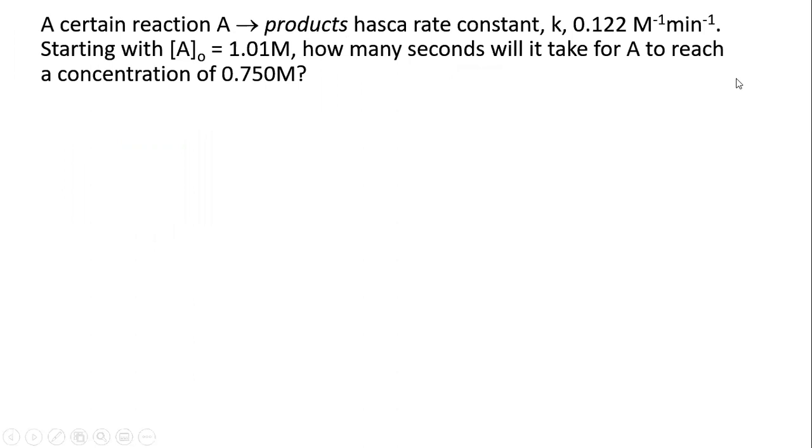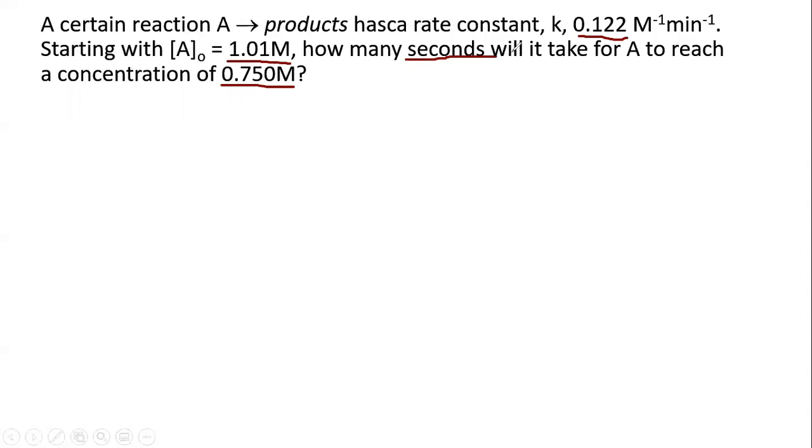So here we have a certain reaction where A goes to products, with a rate constant of 0.122 molarity inverse minute inverse, starting with an A naught of 1.01. How many seconds will it take A to reach a concentration of 0.750? So in this problem, it gives us the rate constant. It gives us the concentration at A naught and the concentration at A t, and asks how many seconds will it